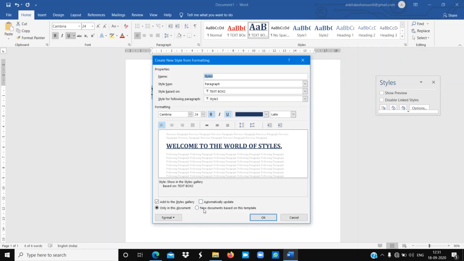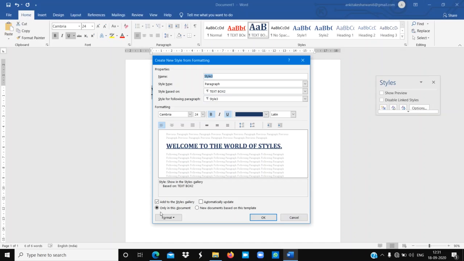Here you can see this is at the bottom side. You will find two options. If you are selecting only in this document, then your style will work for only this document.